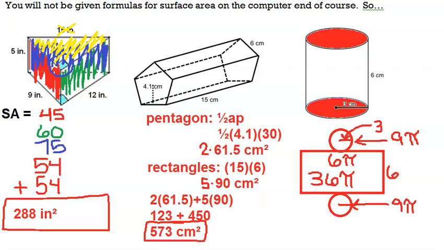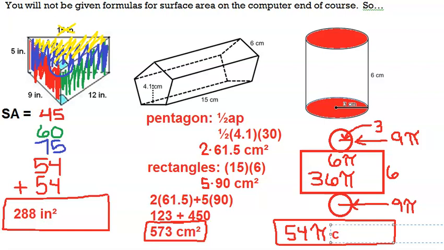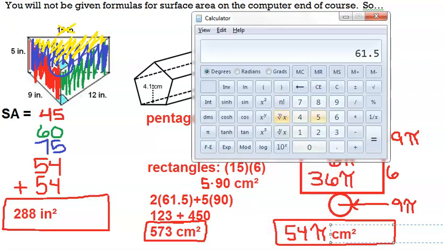So if you want to know the surface area of the entire cylinder, you would do 9 pi plus 9 pi plus the rectangle, which is 36 pi, which would add up to give you 54 pi centimeters squared. Now, in this case, if you want to leave it in terms of pi, that would be totally fine. If you wanted to get out a calculator and you actually wanted to do 54 times pi and then round it off, you could get